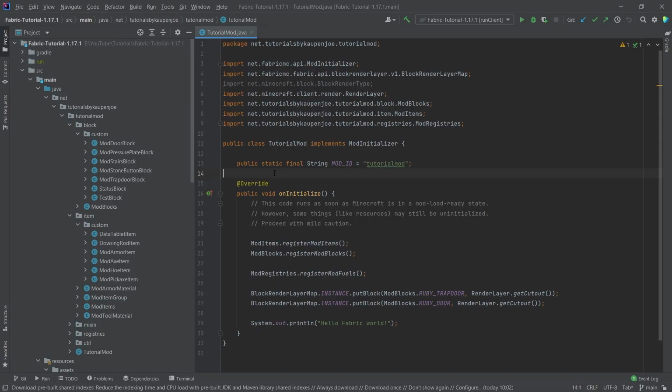Alright, we find ourselves back in IntelliJ once more, and in this tutorial we're going to add our own custom crop or plant block to the game. This is once again something that's a little bit tricky because there's one or two steps which are a little bit weird in here, but no worries, I'm sure that we will manage. So firstly, we'll actually need to create a custom block class in our custom package up